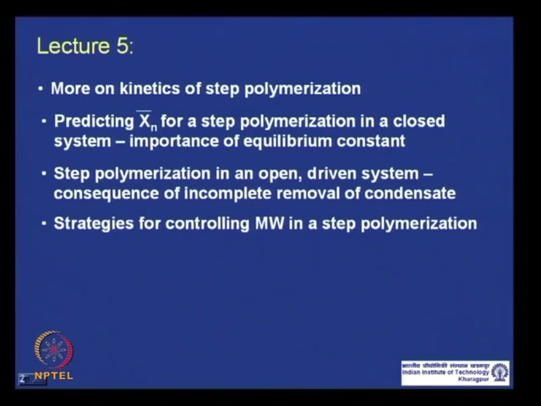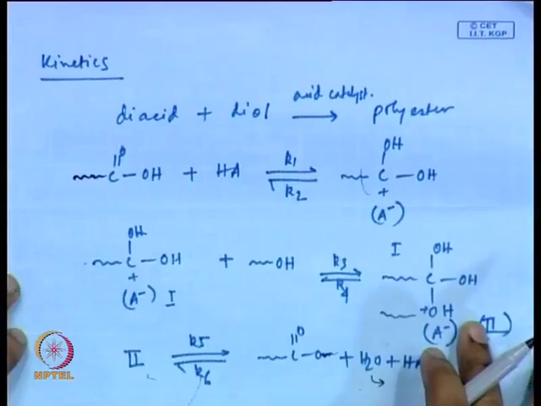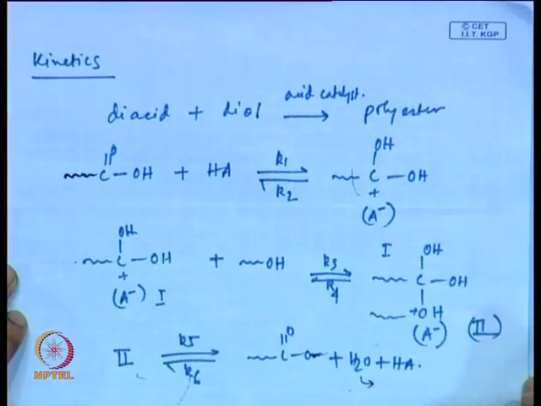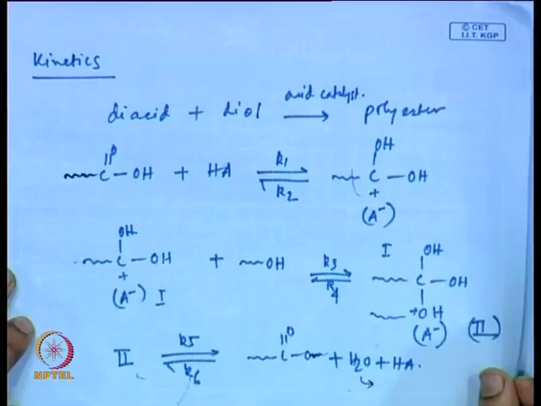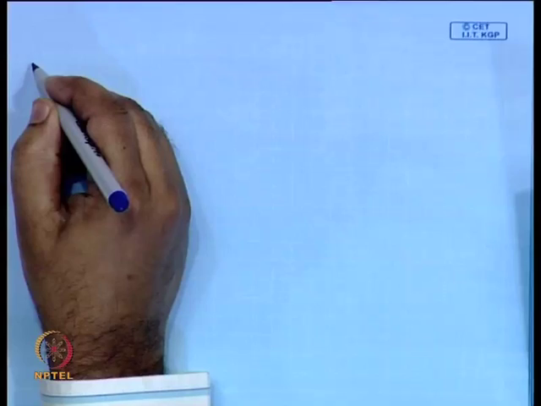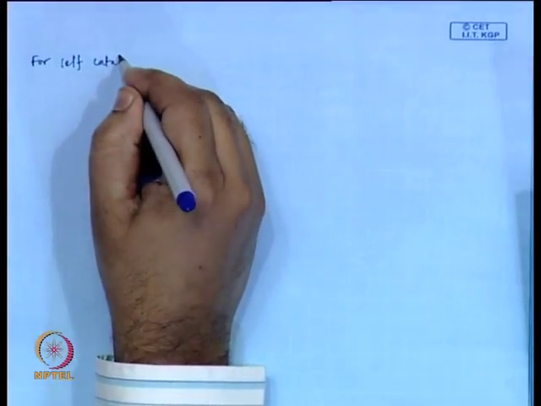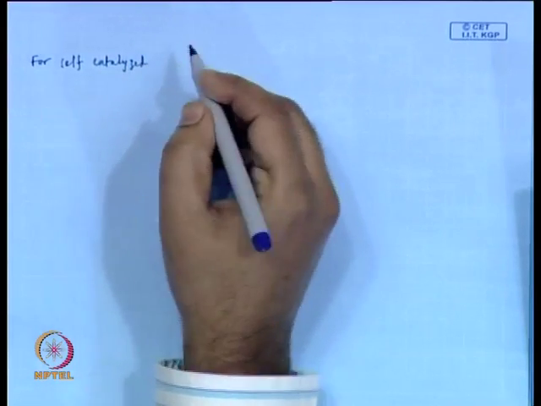Now, let us go back and see what we have learned in the last class in terms of kinetics of step polymerization. This is the reaction we took as our model, the polyesterification reaction, and this is the reaction we followed. Finally, what we arrived at is as follows: for self catalyzed reaction,